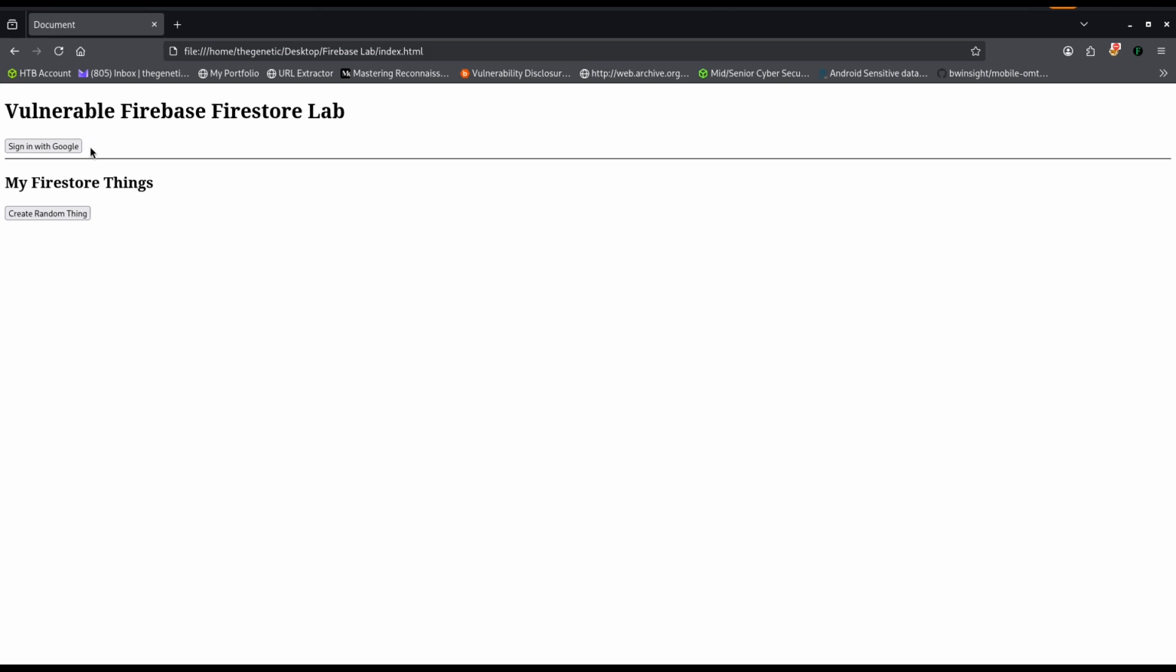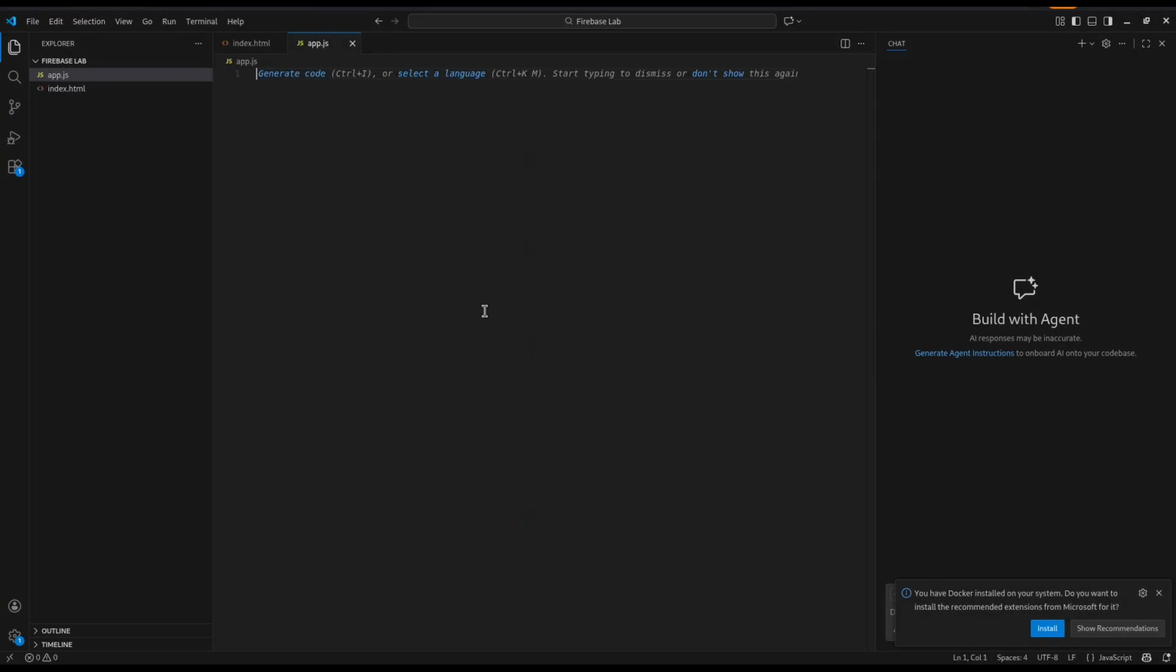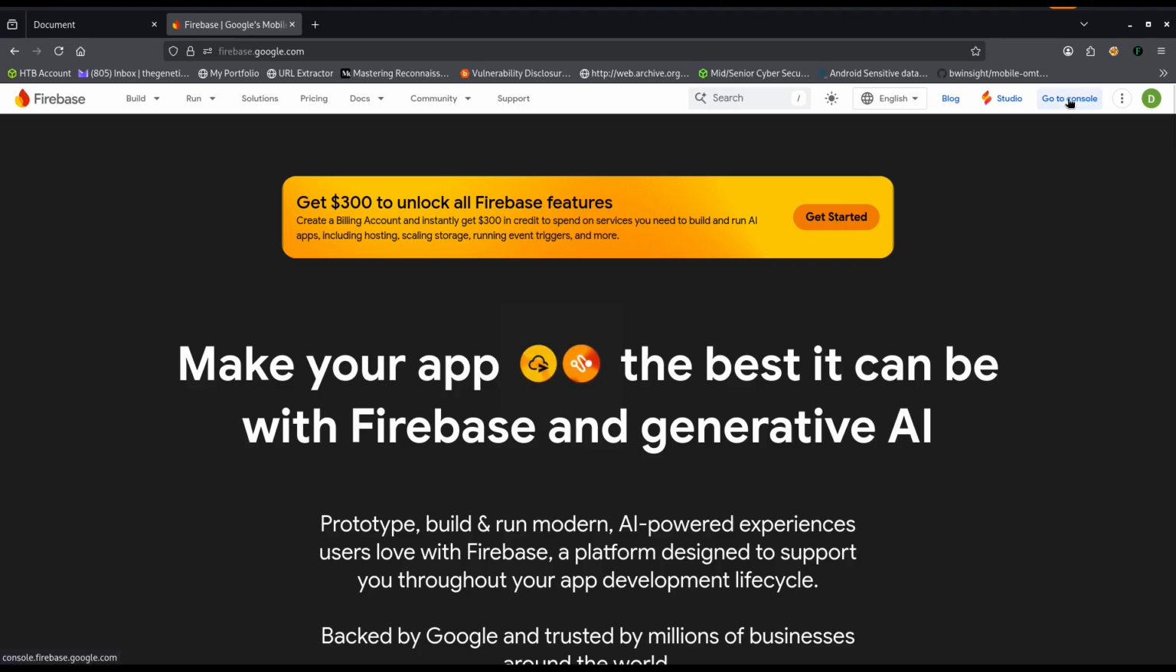Here, first, we'll integrate Google's OAuth mechanism for signing in, and then we'll create some data which will only be accessible to the account which logs into the application. So I'll create a Firebase project now and fetch the configuration keys and integrate them into this app.js file. Let's create this file first. Now let's open the Firebase console. Click on Go to Console,